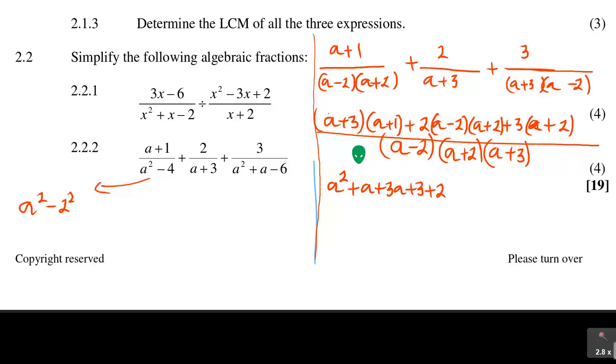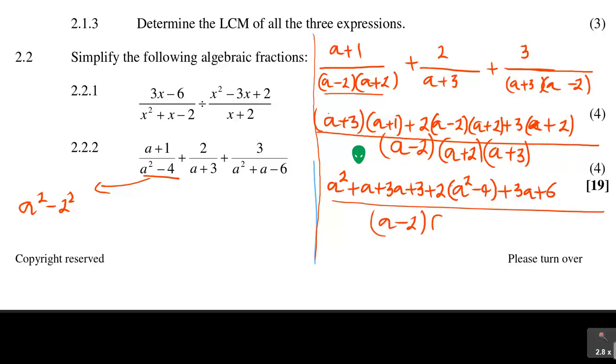We said this is that, so it will be bracket a squared minus 4 plus, you multiply 3 times a, which is 3a, 3 times 2 is 6. Always maintain your denominators as they are, a minus 2, a plus 2,